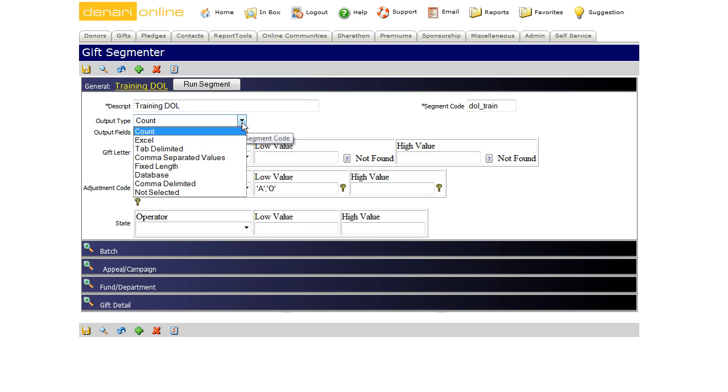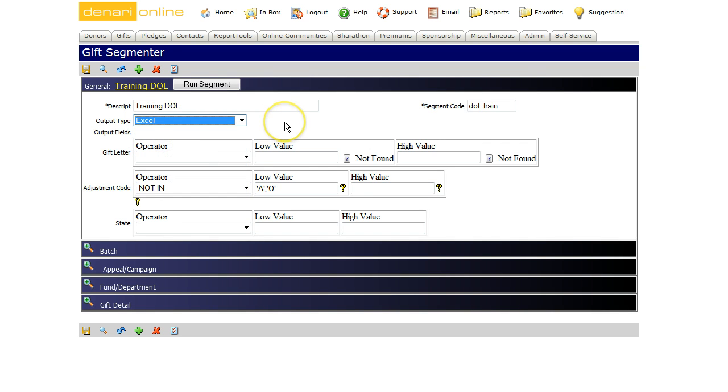But then we also have what I call spreadsheet type outputs, Excel of course, and then tab delimited, comma separated values, and sometimes you need files in those formats for various reasons, but most of the time you're going to use Excel. Excel is going to give you the ability to output the gifts and then manipulate that Excel spreadsheet even further if you need to for various reasons. Now, when we hit save,